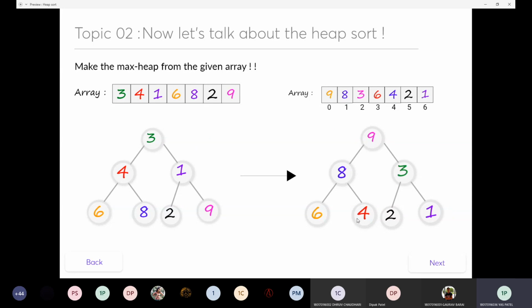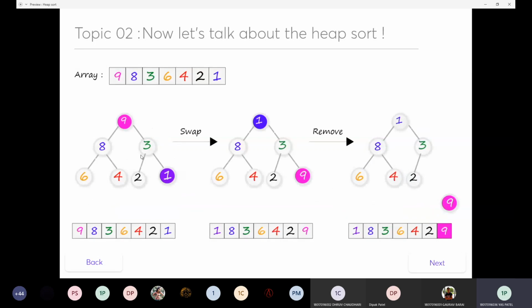There is no constraint that you have to build only a max tree; you can also build a minimum tree. We will talk about this later on. Just consider that we will use a max heap throughout this heap sort.